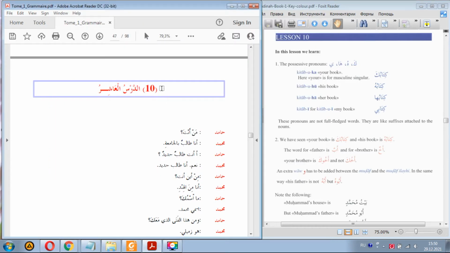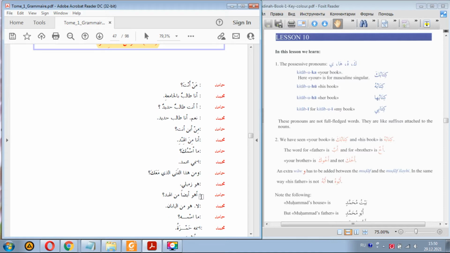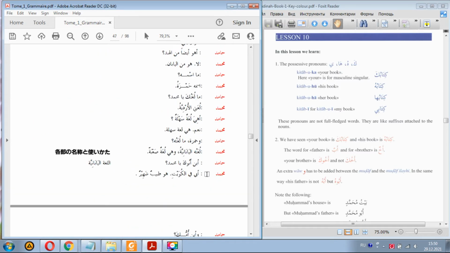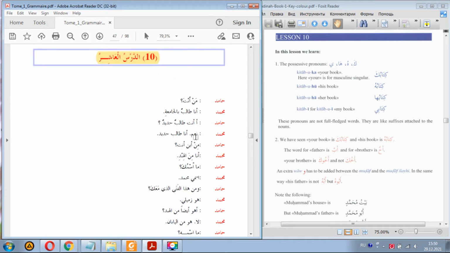This lesson is very, very saturated with new rules. It's juicy, so probably we'll just take this dialogue, and that will be it, because there are so many rules in this dialogue, and they are all, of course, of great importance. So be focused. So it starts with the full-fledged dialogue between Hamid and Muhammad. Hamid says,